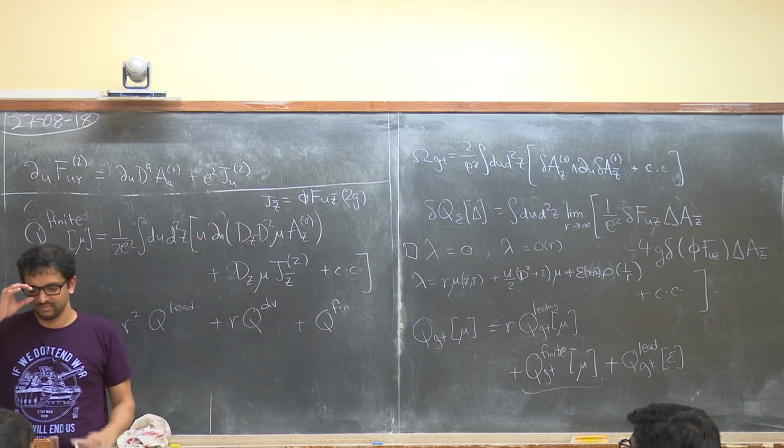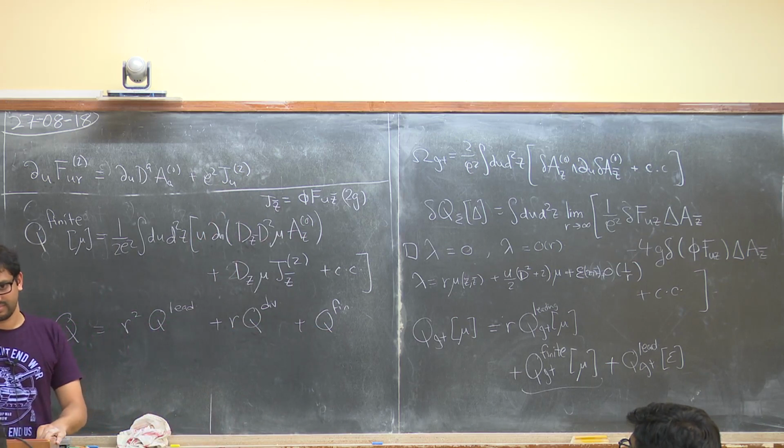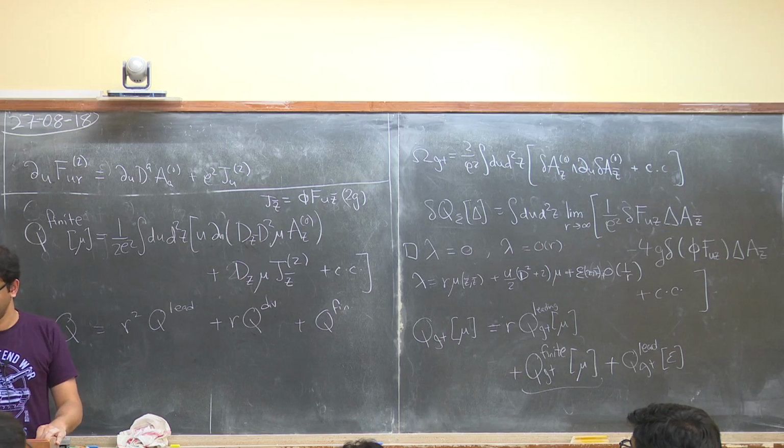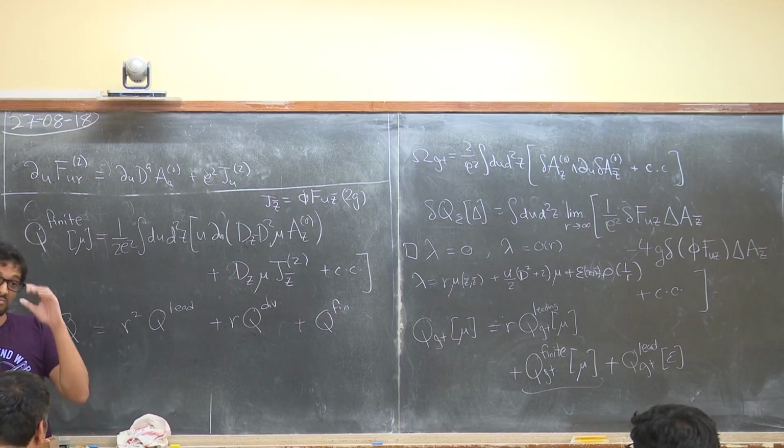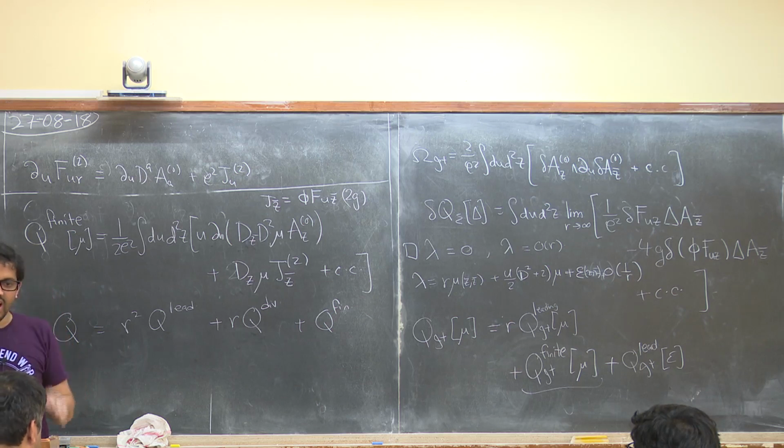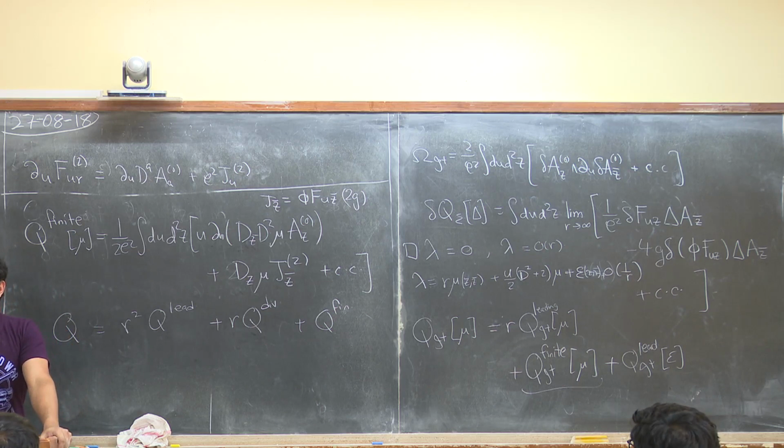Suppose the rule, for some reason I didn't know, is that you're not allowed to take gauge transformations that behave like r, but you are allowed to take gauge transformations that behave like r squared. For whatever reason. Okay, and then you're supposed to Taylor expand whatever you get there. Then you would get these 3 bits here. I mean, it's a little bit like you're explaining the answer. I'm not explaining it. The rule is not completely systematic to you.